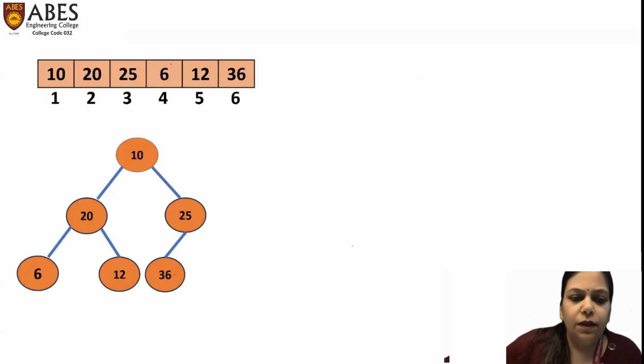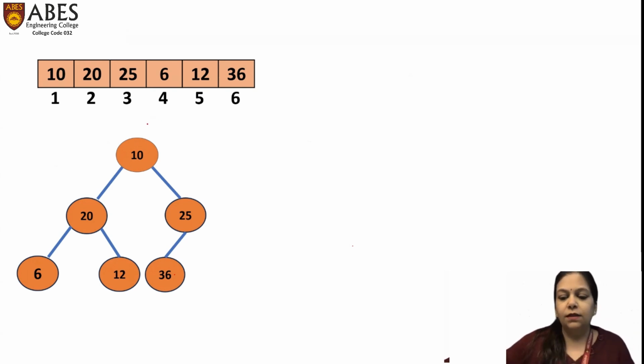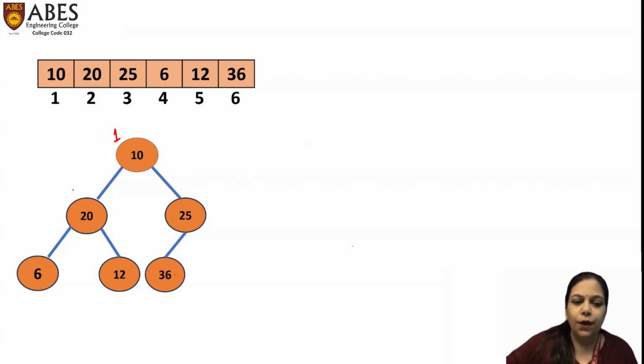So let us have the array with unsorted elements like 10, 20, 25, 6, 12, and 36. The first task for us is to construct a binary tree with the help of these elements. As we know, the first element, which is stored at index 1, will become the root node, and the left child will be 2 into I, that is the element stored at index 2, and the right child will be the element stored at index 2 into I plus 1,